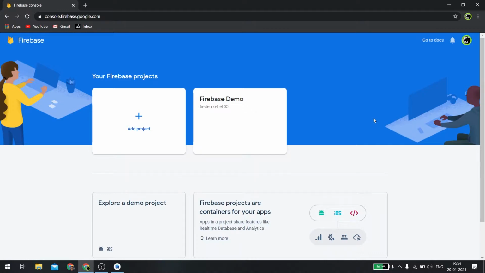So it is now time to actually create an Android application and connect it to the Firebase project so we can leverage all these benefits and the services that Firebase is providing. Again, if you have followed the previous project video, then you will have this Firebase demo project created in your console. If you have not done it, then I would suggest you follow the previous video. The link will be in the description, and you can see a banner hanging over here so that you can get started with this video. After you have created your project, just click on it.